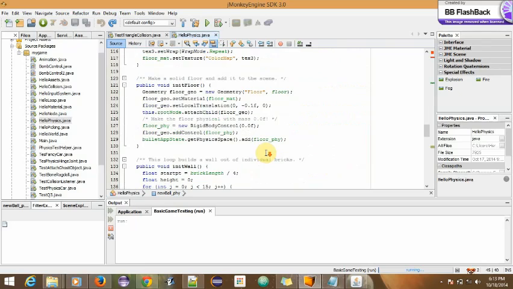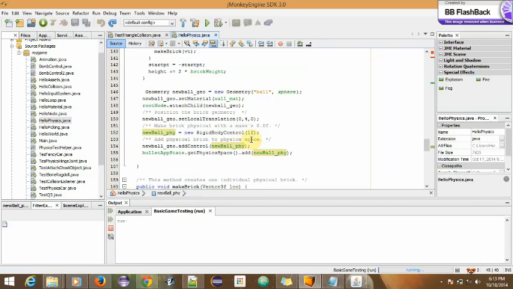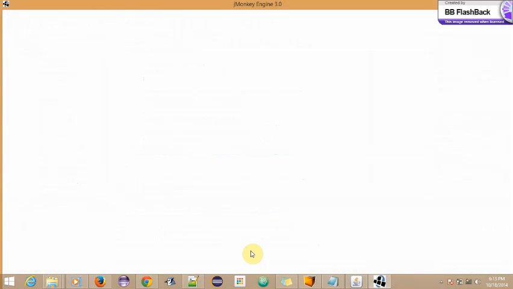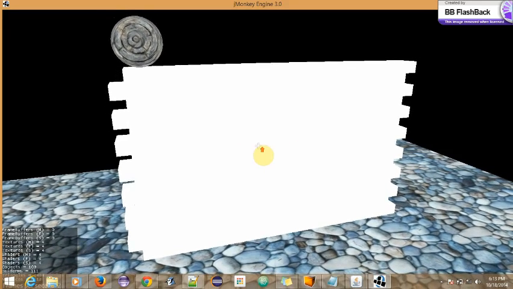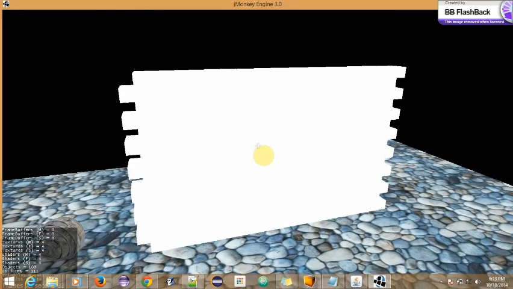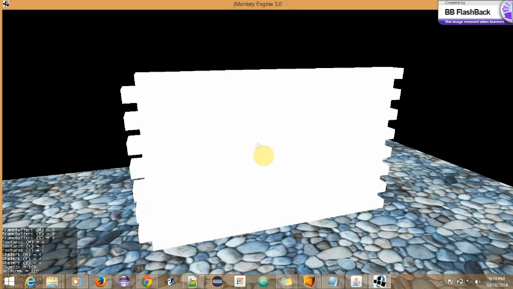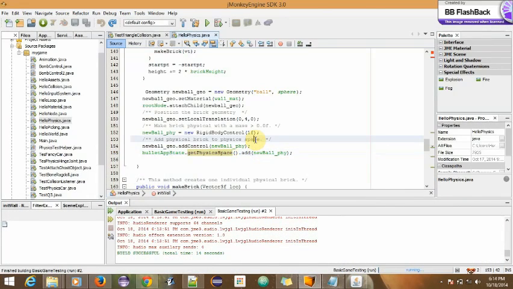Then we have assigned the weight to the object and added it to the physics world. 1f represents the weight of the unit, that is 1 unit. And we have added this object to the physics world using newBall.geo and added it to the physics space. As a result, the ball falls from the wall because of gravitational force, and this is how it is done in the scene. Here the sphere falls from the wall because of the gravitational force. We'll be using this feature in a future project to simulate actual physics objects.